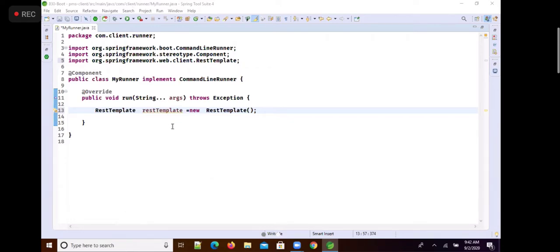The concept is we are calling the all products endpoint which returns a list of ProductDTO objects.